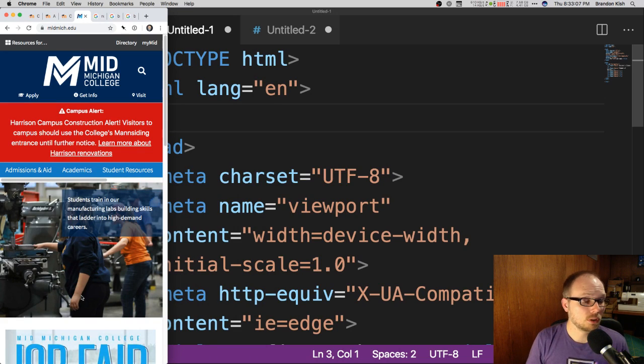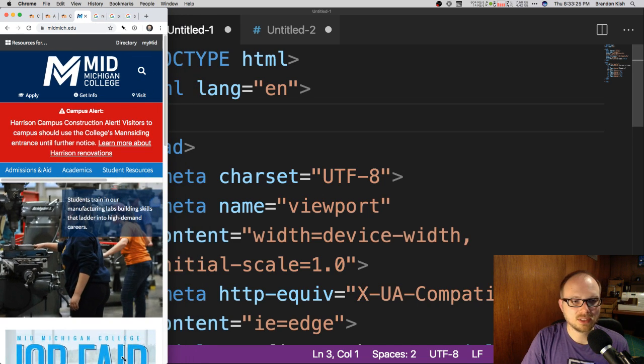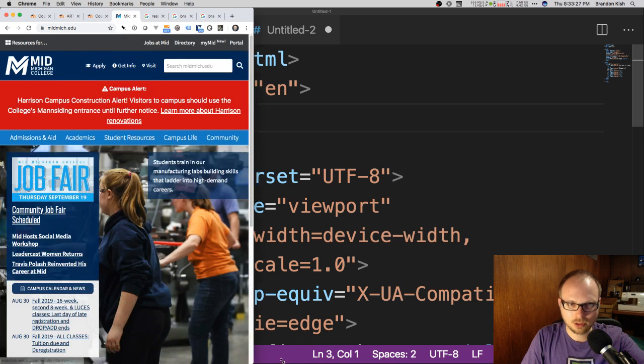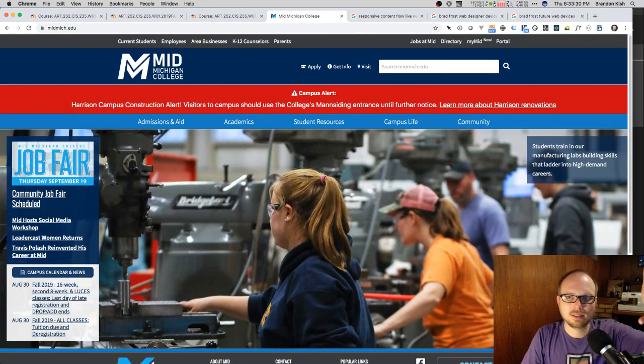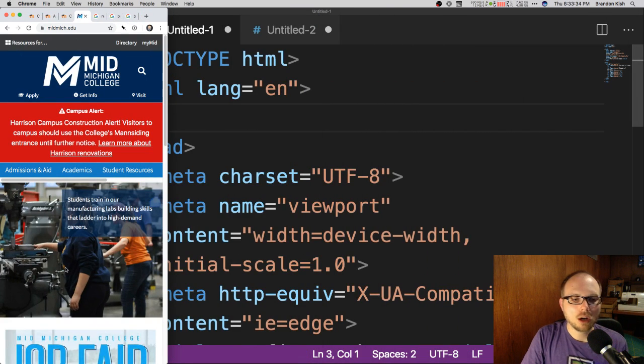But we learned a lot about CSS in different selectors that we could write last year. What you're going to be doing this semester is learning a few new types of selectors that will allow you to write rules that will select based on the screen size or the viewport size of the device. So you'll be able to write CSS that takes effect at the mobile size, at the tablet size, and at the desktop size. And when you're thinking about responsive design, you're often going to be starting with mobile first because that is the smallest, that is also the most popular now.